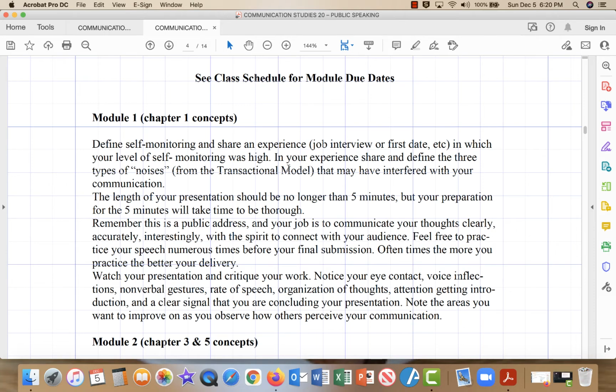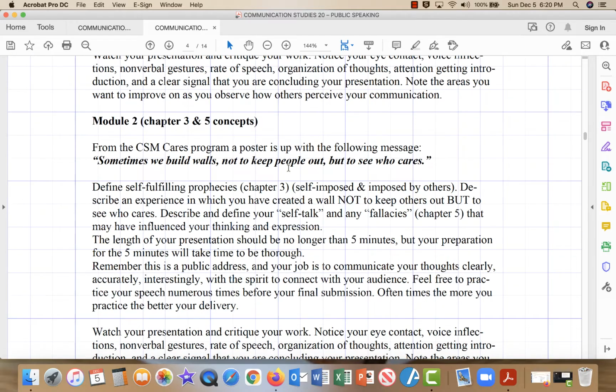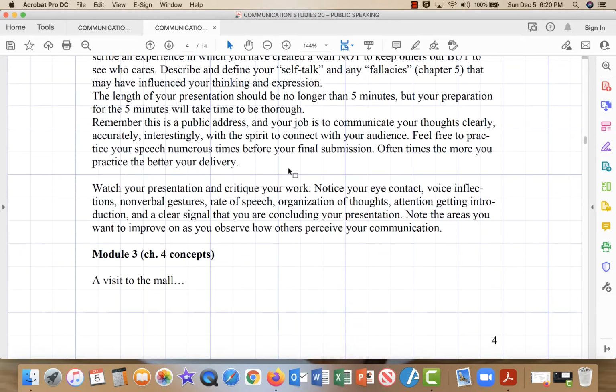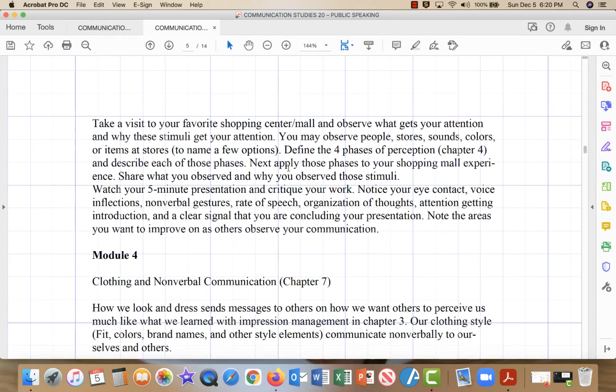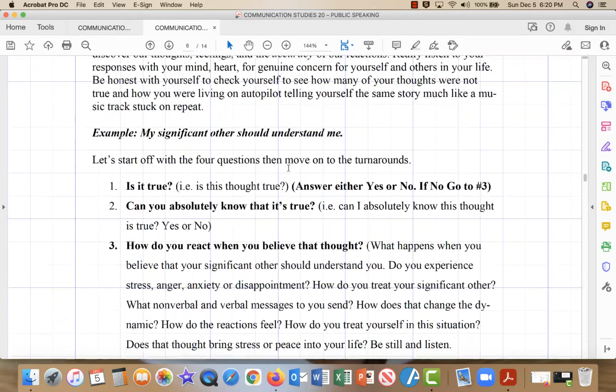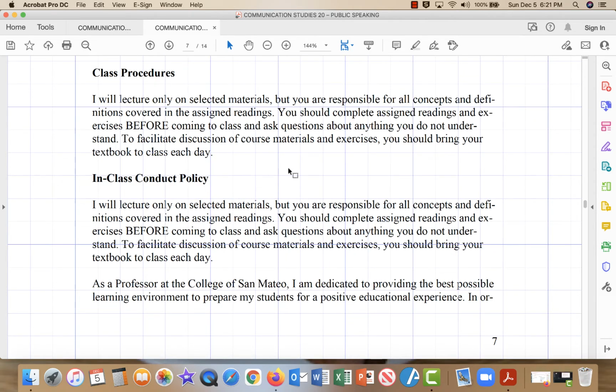Here's a brief description of the modules we have for the semester. Each of these assignments is in Canvas, and they are described in great detail as to what is expected. As we go to the Canvas tour, you'll be able to see what that looks like. Here in Comm130, it looks like we are doing 7 modules for the semester. During our class, I only lecture on specific items in the chapter, though we are responsible for all the content in the chapter. The study guide will help you study and focus on what you need for our quizzes, but I do expect that you look at the material beforehand.